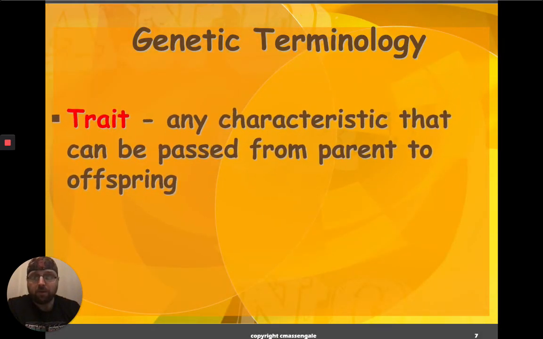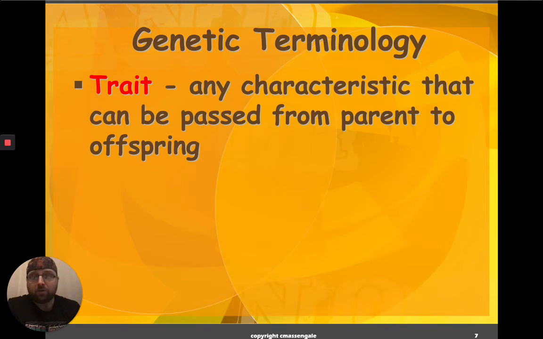So what Mendel did know was that a trait was a characteristic that could be passed down from parent to offspring. So traits are different from a behavior. A trait is something that's passed down. Think eye color, hair color, height, easy examples. Things that are not passed down are behaviors. Even though you know how to read, your offspring won't be born knowing how to read. That's not passed down. Traits are passed down; behaviors and knowledge are not.